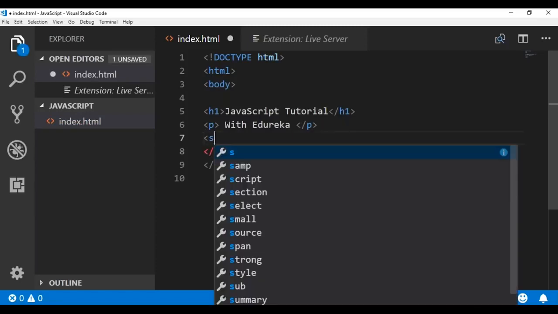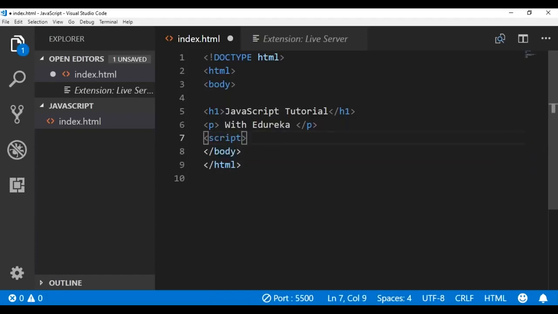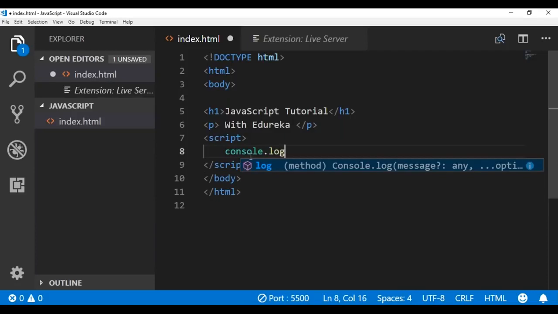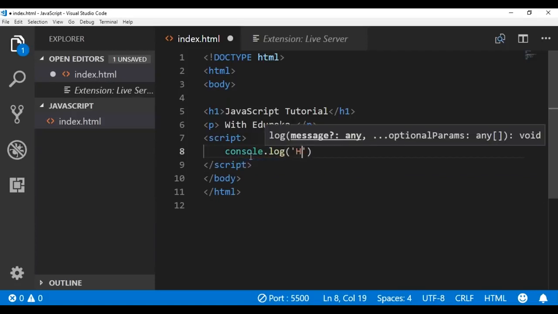Now let's open script tags. In the first method, you're going to type your entire JavaScript over here. So within the script tags, you're going to type your entire JavaScript. Let's just type a simple line. We executed this earlier, so let's just do that. Let's log a message to our console. All right, so let it be hello. We'll see if this works.